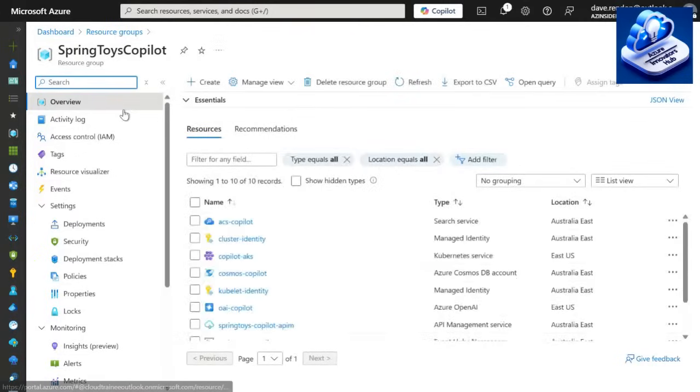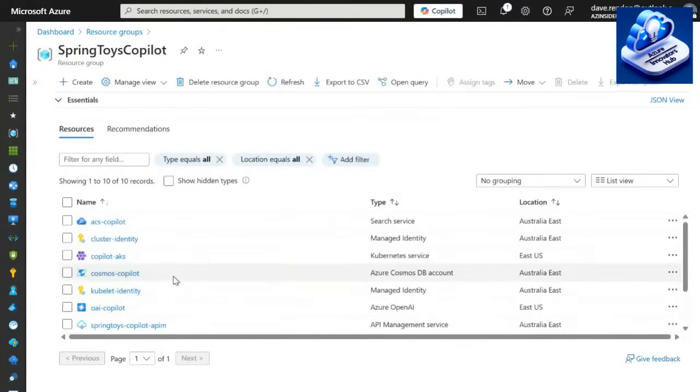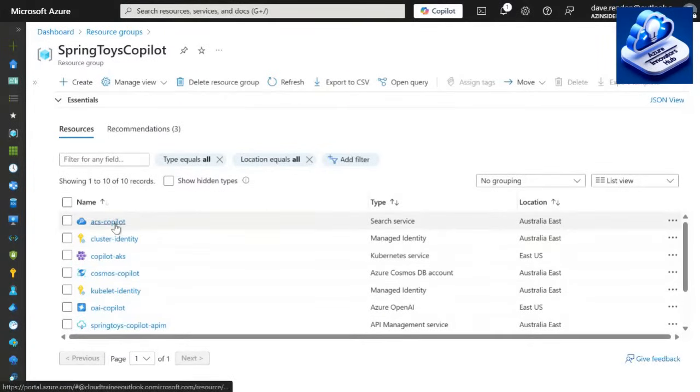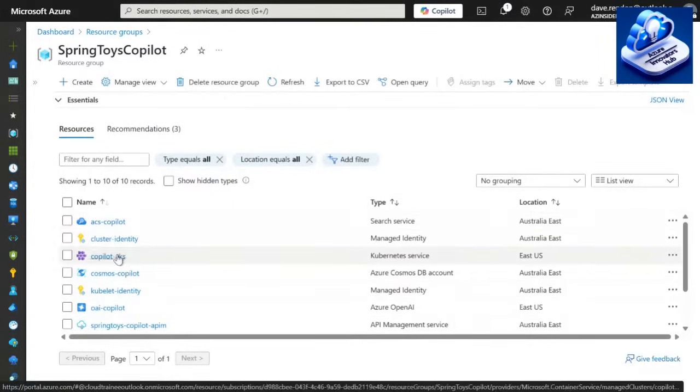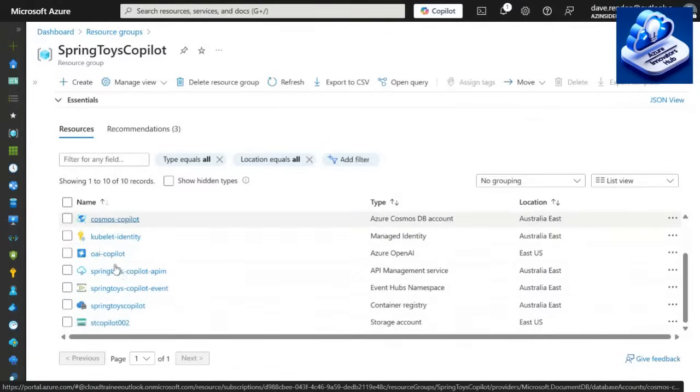All right. So this is our resource group. As you can see, we have the initial setup in here. We have our AI search service. We have the Azure Kubernetes service. We have our Cosmos DB, the Azure OpenAI instance, and the API management, as well as additional resources like the